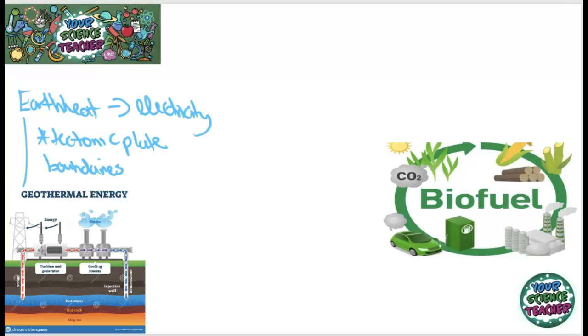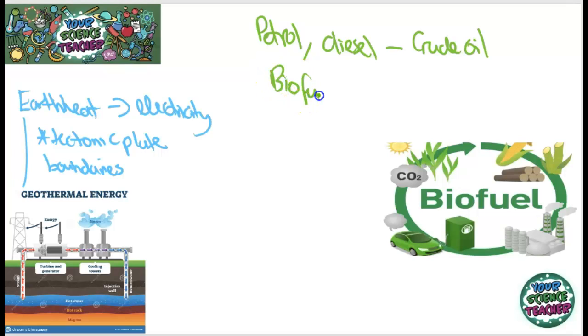But we also use fuels in order to power other things like our cars. And looking at resources that we use for powering our cars is also important. At the minute, currently, we use a lot of petrol and diesel. These are finite resources which also come from crude oil. And you'll look a lot about crude oil in chemistry paper 2. So how can we look at making this more sustainable? Well, the way we can do that is by investing in biofuels.